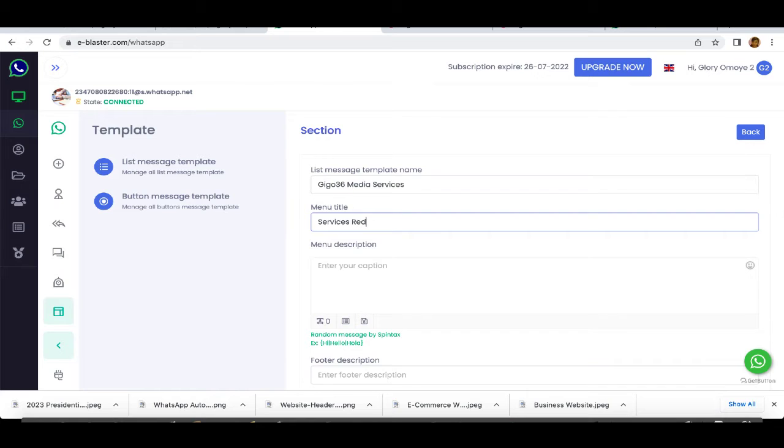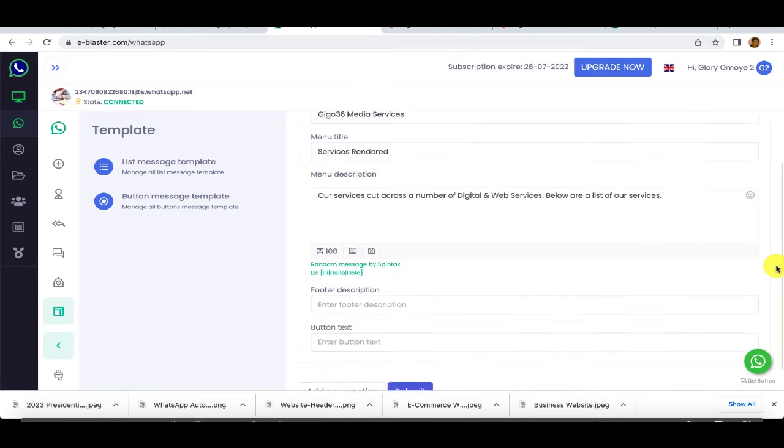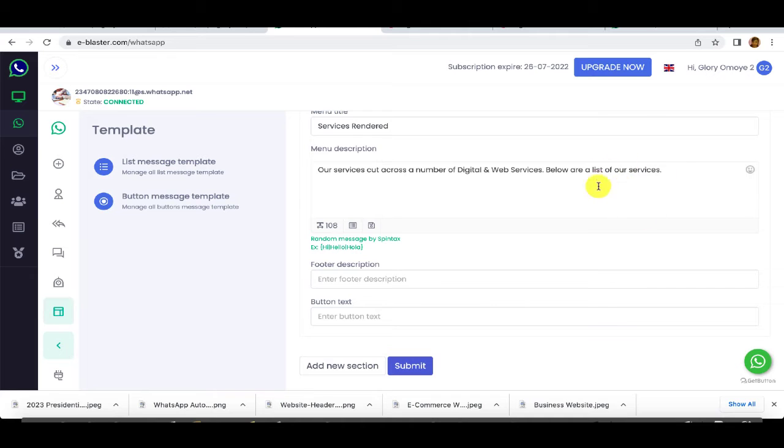Services rendered. And here I will just give a short description of our services. I just say our services cut across a number of digital web services, below a list of our services. And then that is just a short description of these list messages I'm about to create, because the list messages